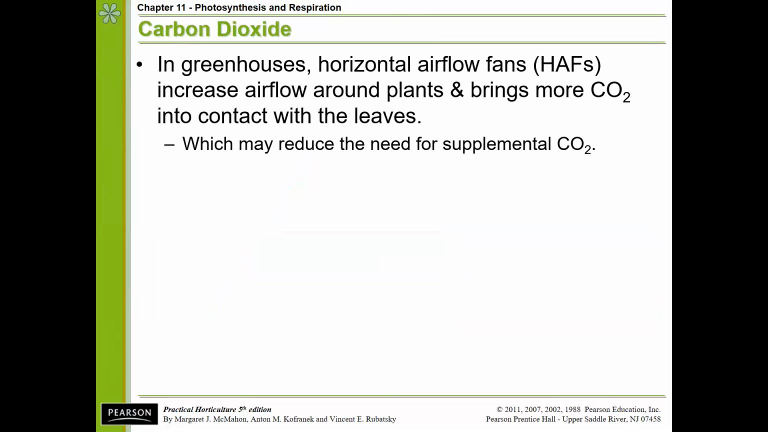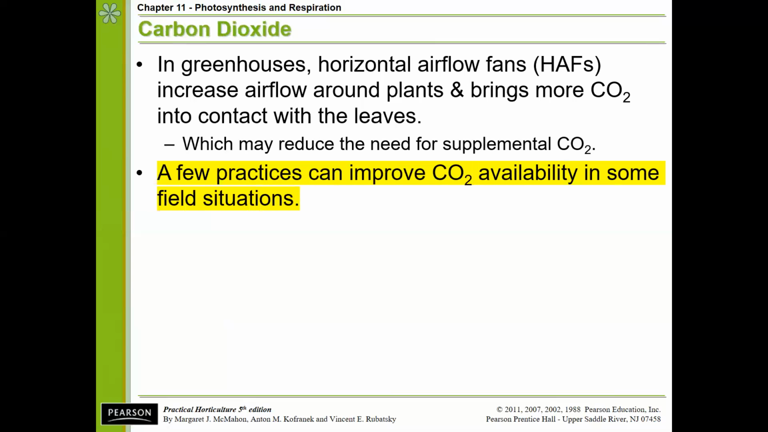So how might we increase carbon dioxide in a production situation? Well, in greenhouses, we can inject it, of course, as we just mentioned, or we can also use fans known as horizontal airflow fans that are set up near the ceilings of the greenhouse. They allow air to circulate and push air down towards the plants, so there is more CO2 in contact with the leaves rather than being released from the greenhouse through ventilation, which might reduce their need for